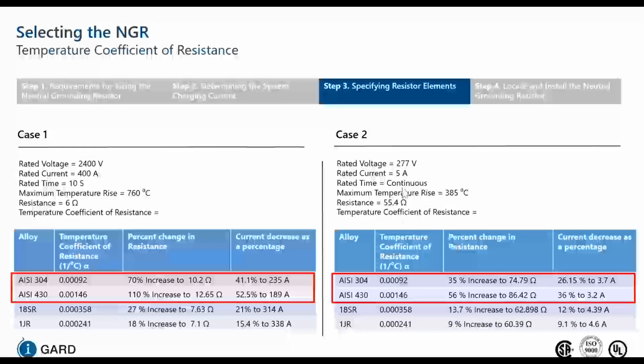The 430 changes from 5 amps to 3.2 amps, so you almost barely have a fault. It's just over 50%. But the 18SR and 1JR maintain within 10% of the resistance throughout the temperature range. So they are far better elements, and we use 1JR because it's a better element, and we give our customers the opportunity to have a more consistent current